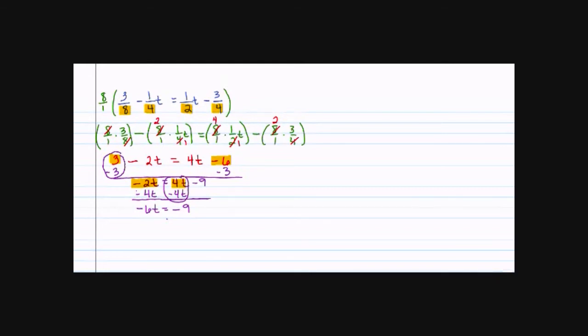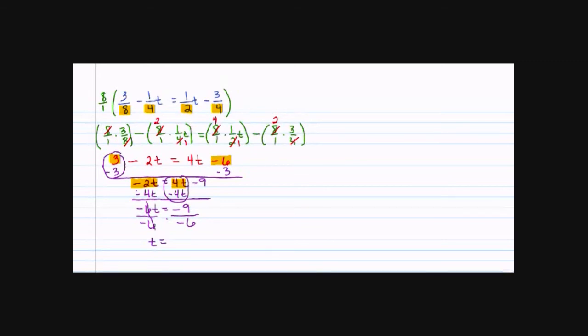Now, that's my adding and subtracting. Now I get into my multiplying and dividing. I want to separate the negative 6 and the t. They're connected through multiplication. The opposite of multiplication is division. So I'm going to divide by negative 6. That gives me a 1. I'm left with t equals